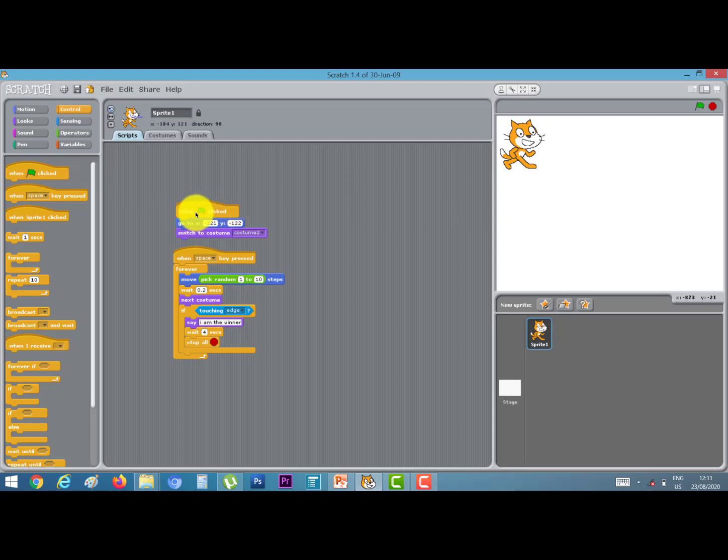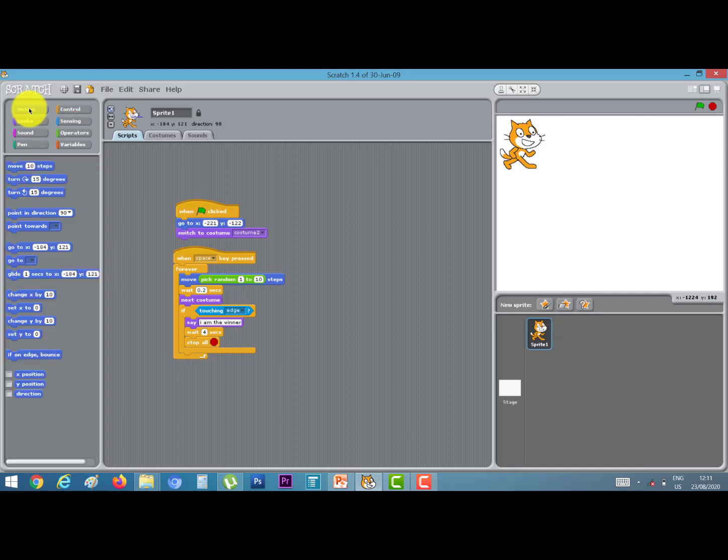Next I go to motion block. Here I choose go to X and Y value. Here I change the value: x is equal to minus 221 and y is equal to minus 122.